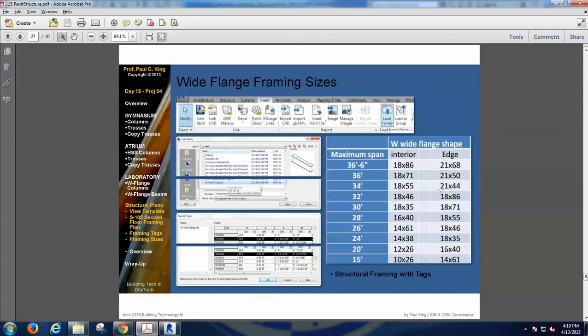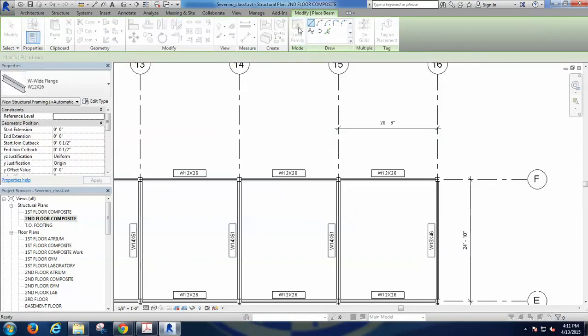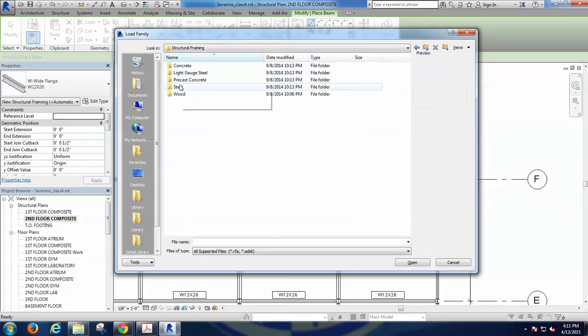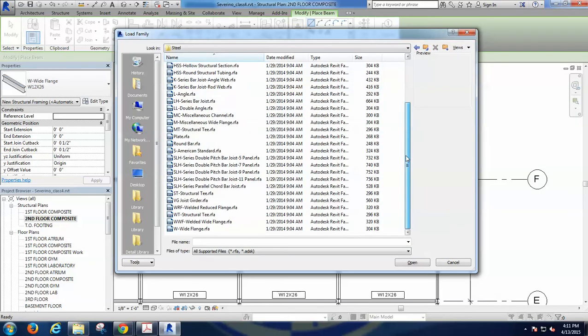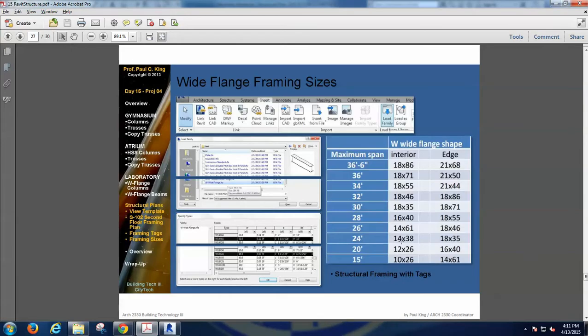26. 26 is above 20, so we go to 24. And we're going to use 1438 and 1835. So I will recommend do beam, load. Again, we go down. It's probably better you annotate all the ones that you need and just dragging them all together. I'm going to say framing, still,